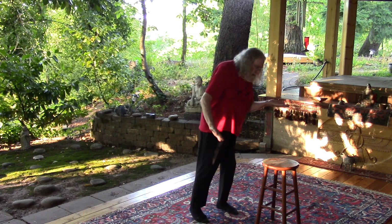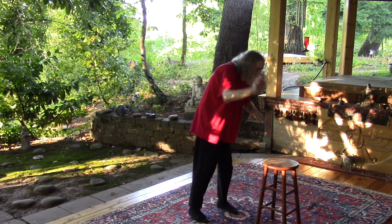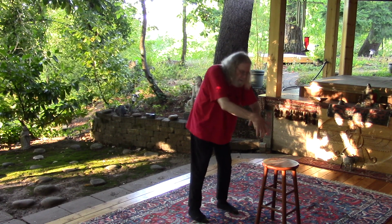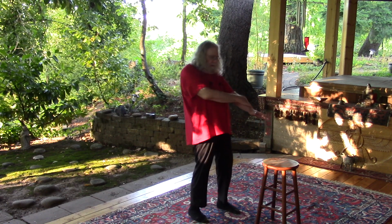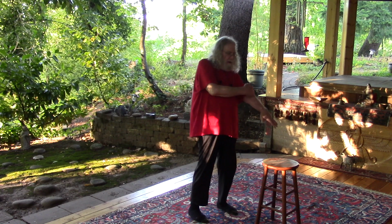Left palm is up, right down. Right turns up and left is down. Right turns over and pulls new, fresh, living light up through the arms,